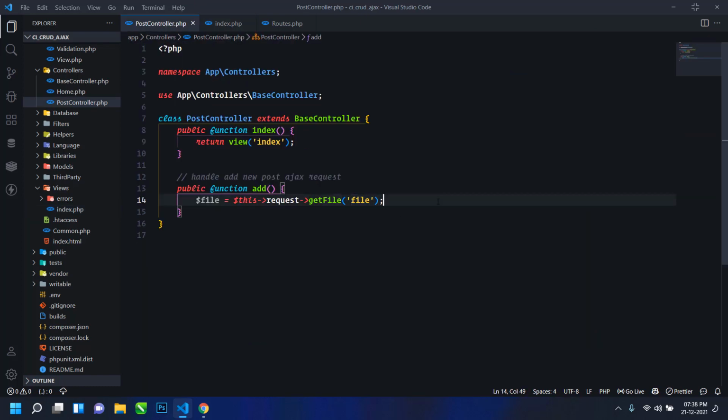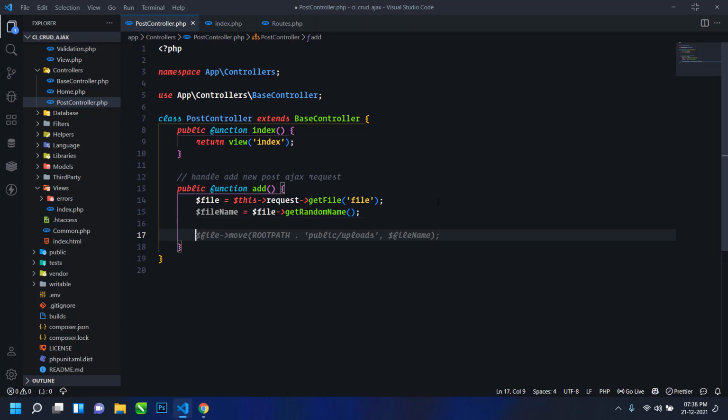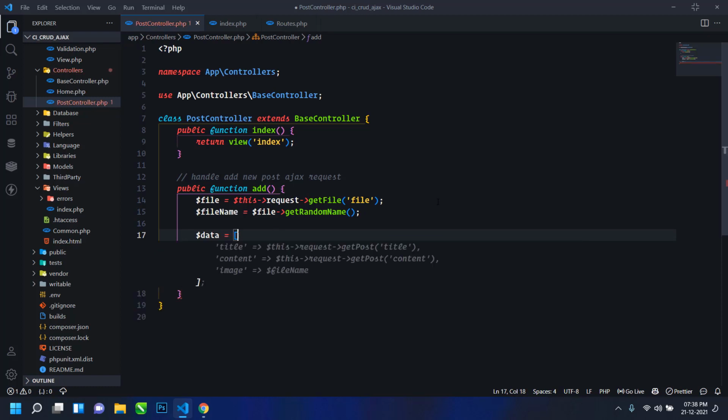Now first I will create a file name. Just write fileName equal to file getRandomName. This will create a random name for the file. Then I will create a data array, and here I will use title. First I will store the title from the form, and then category.